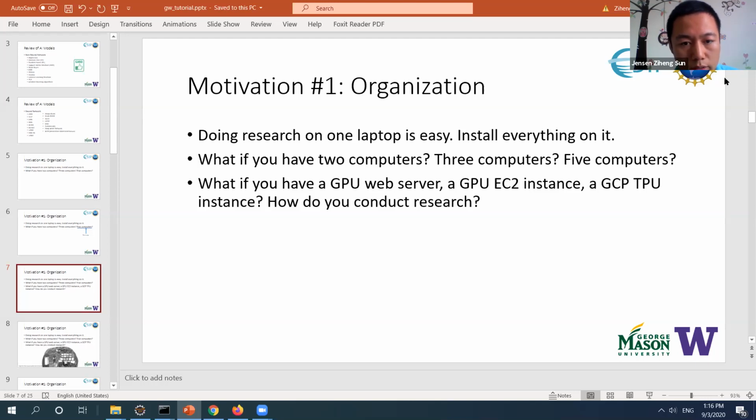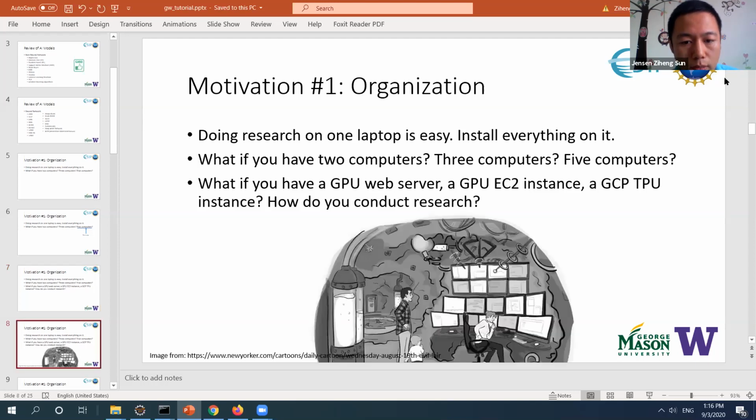There is no solution to manage all of them in one place. So everybody is working like this. Everybody is using several computers, using a lot of screens hanging on the wall, and looking at all of these. It's really painful to remember